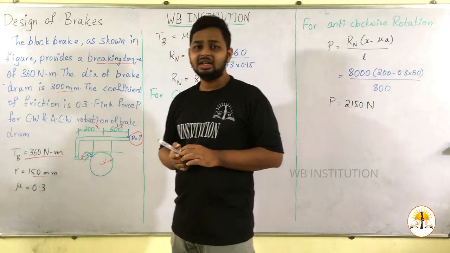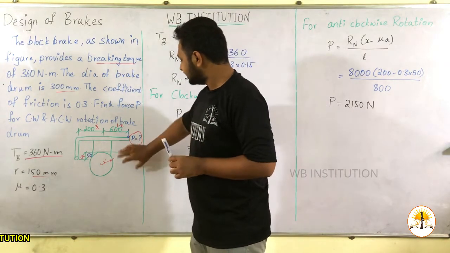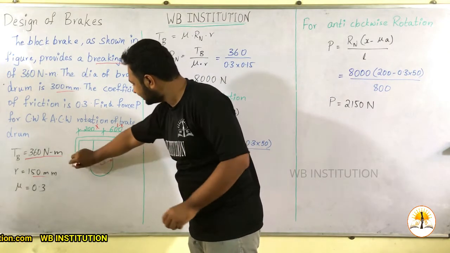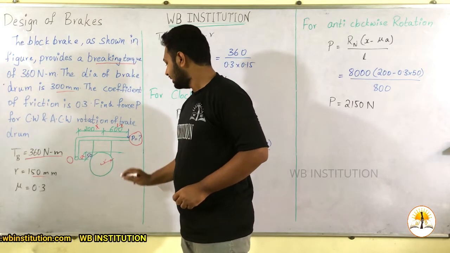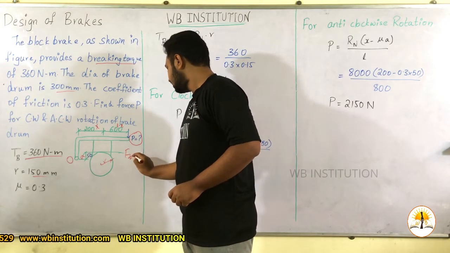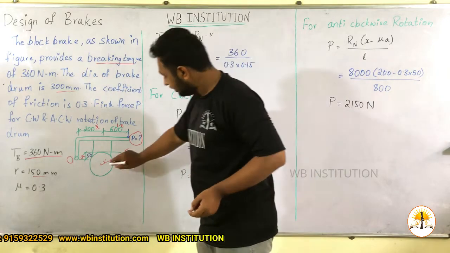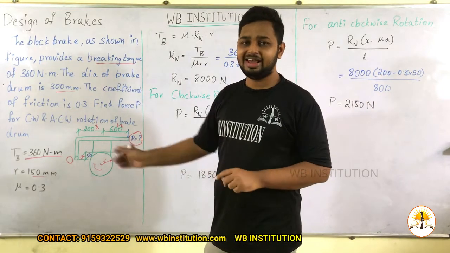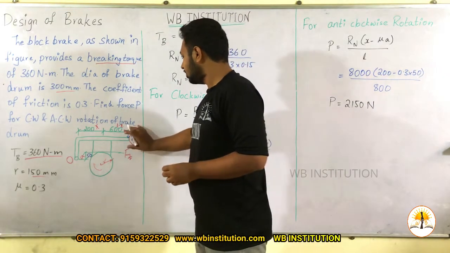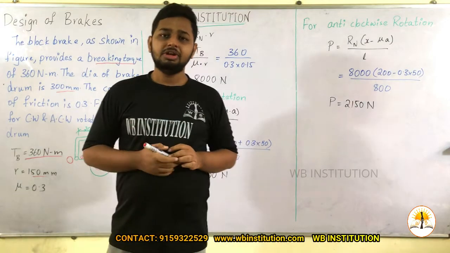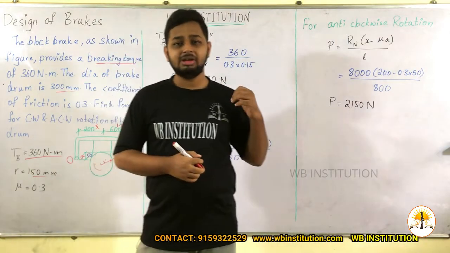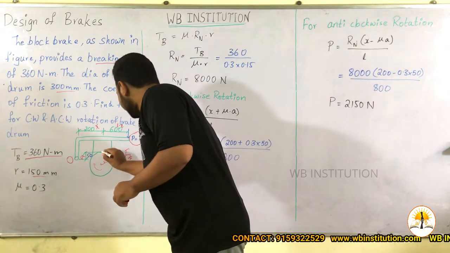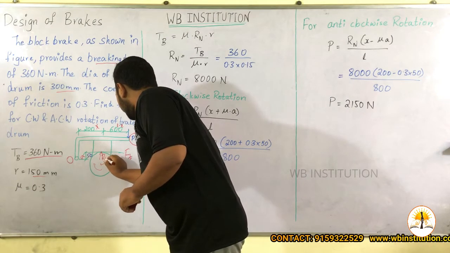Now we know the relation to find out the frictional torque acting about the pivoted point. Let us assume this point as O. If we take it as a clockwise direction or anti-clockwise direction, the frictional force will vary. So based on the direction, the amount of P we have to calculate. Now we know the relation for P. For P calculation, we need to have the value of normal force. So this is the Rn which we have to calculate.